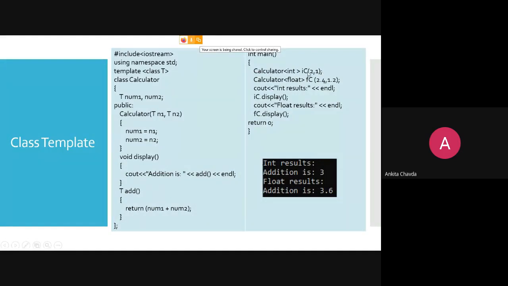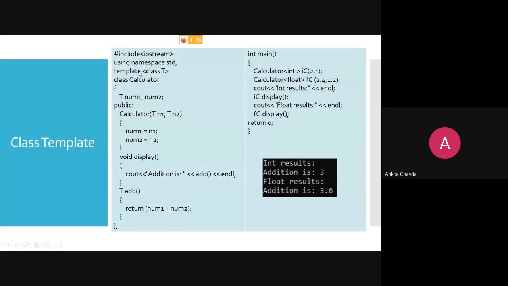So whenever we are creating a class object, here I'm creating the object and I'm passing values 2 and 1, which are integers. So if I'm specifying this as integer, everywhere in my class this T will be replaced by integer. And for another value, I just want to give a float kind of value. So again, I can create another object and I'm passing float values over here. So this class will be converted for your float data.